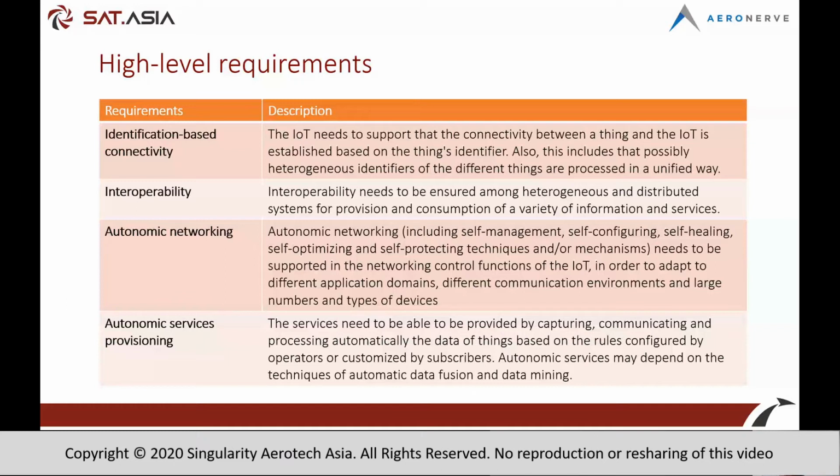The other requirement is location-based capabilities. Location-based capabilities need to be supported in the IoT, because any communication or service will depend on the location information of the things or the user. It needs to sense and track location information automatically. So this is what it means by location-based communication or location-based capability. Like the tracker just now. You need to know where it is in the physical world, in order for you to be able to know